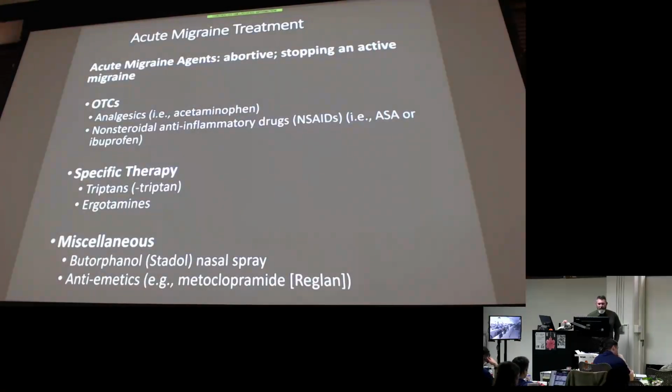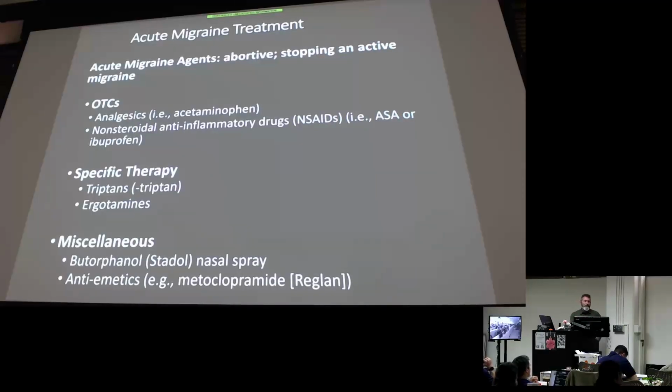So acute treatment, abortive, stop it. Our old friends, our analgesics, right? Tylenol, NSAIDs. We beat them to death. You know what they do. You know the contraindications. You know which one is liver toxic, which one doesn't work in renal disease, right? Everybody knows that at this point, or at least you've seen it a few times. You might not have got it right, but you've seen it and you've been given the information, right? So we can start there. I will tell you that those analgesics, very mild pain, yes, they may help.